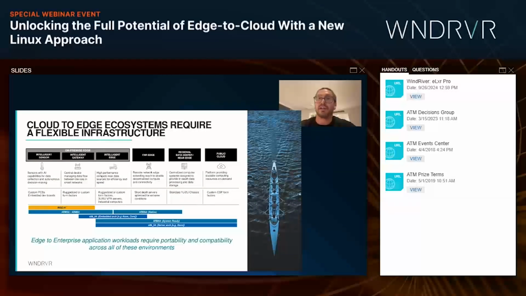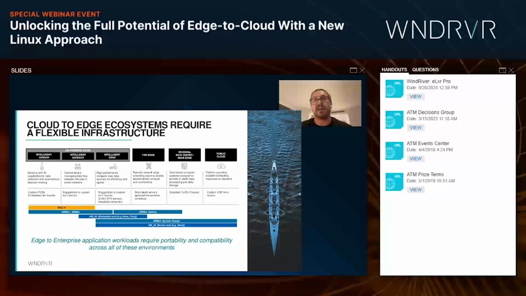So I'd love to talk a little bit about what it means to be cloud to edge and provide a flexible infrastructure. What we have here is a six-tier architecture diagram that runs from very small intelligent sensors. So think things like smaller microcontrollers.